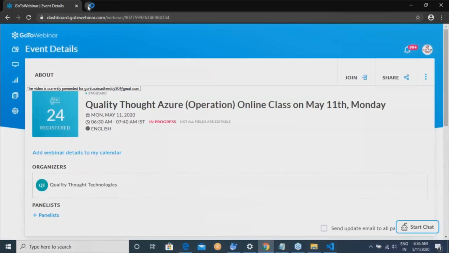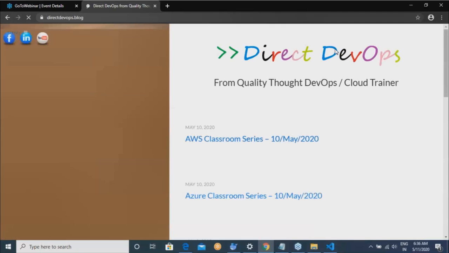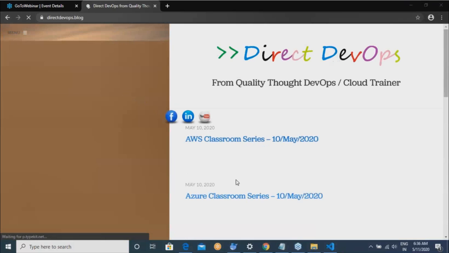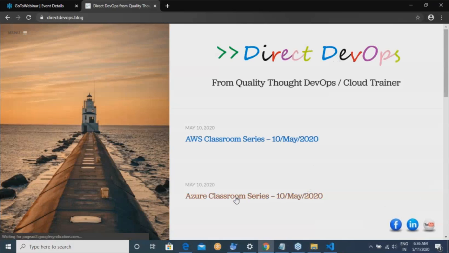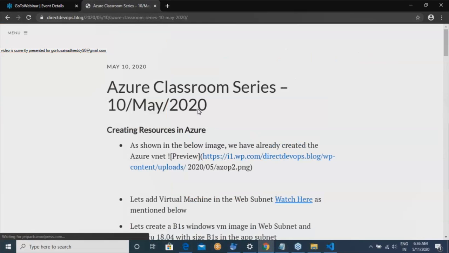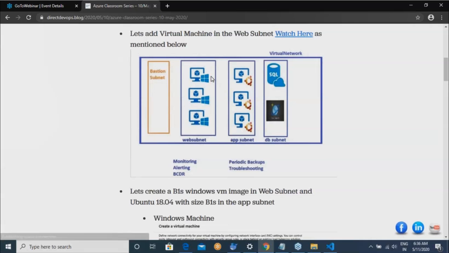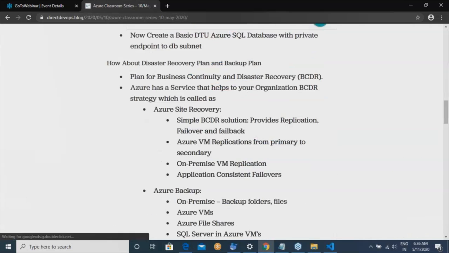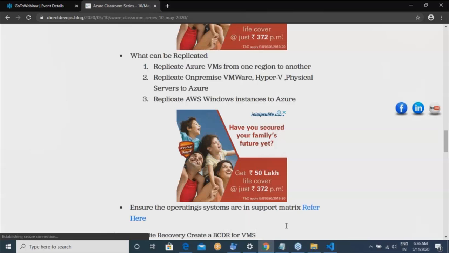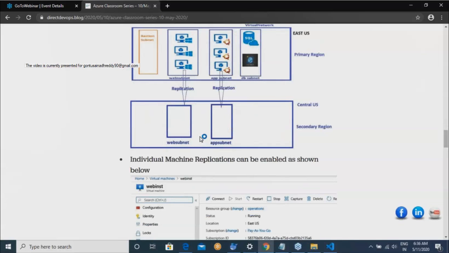So in the last class, what we have tried to do is we have taken a Windows VM and tried to replicate that into a different region. Okay.